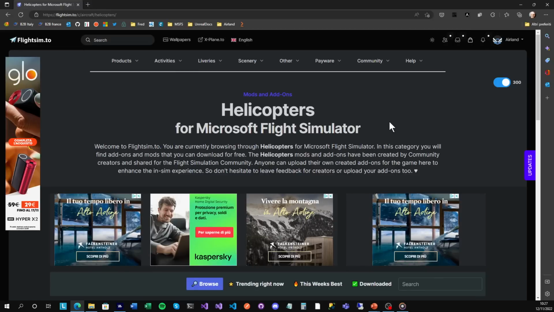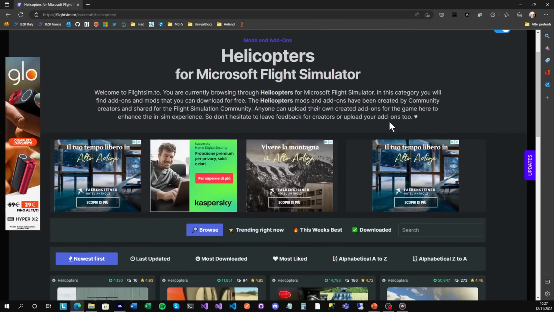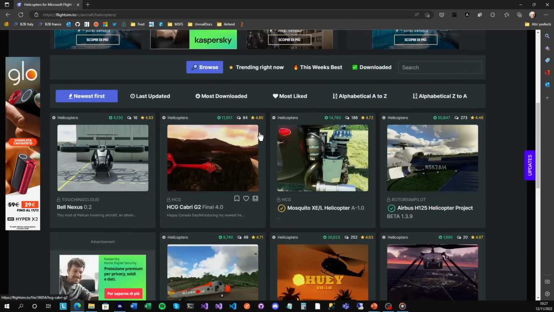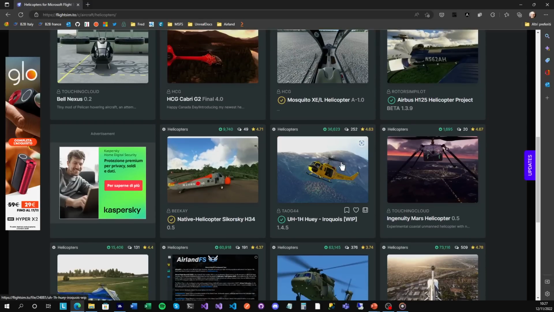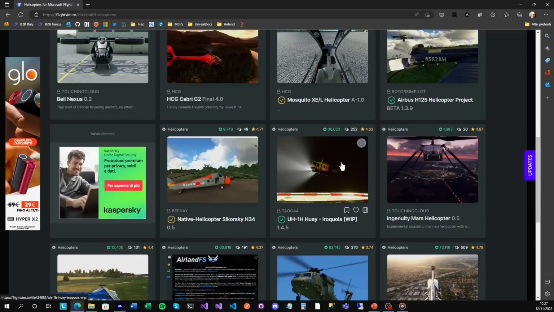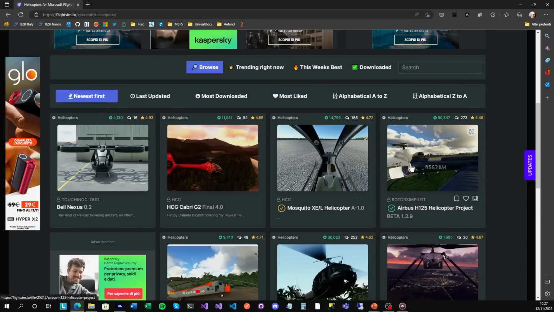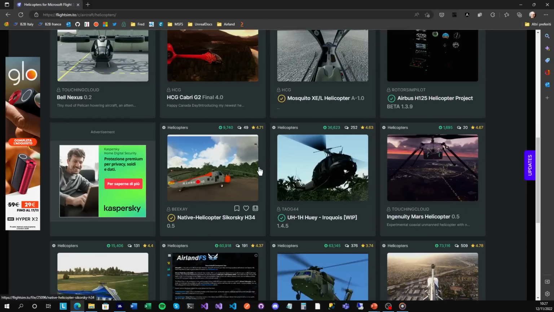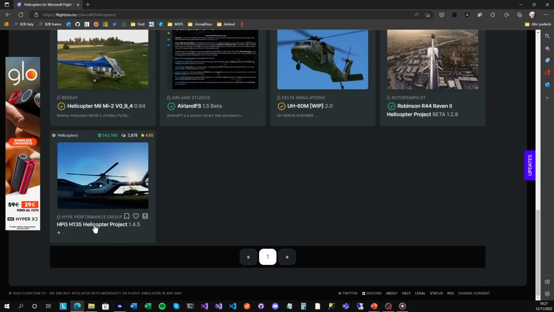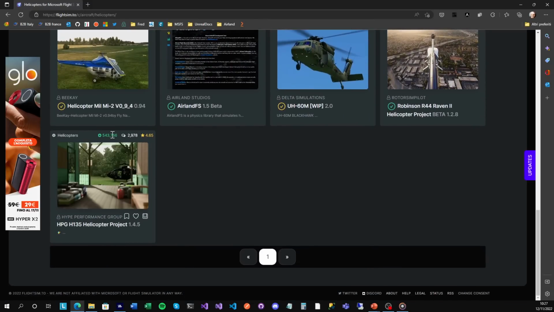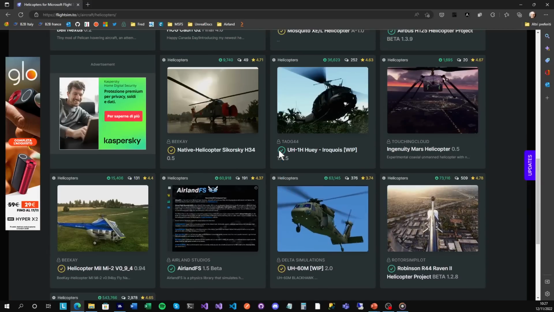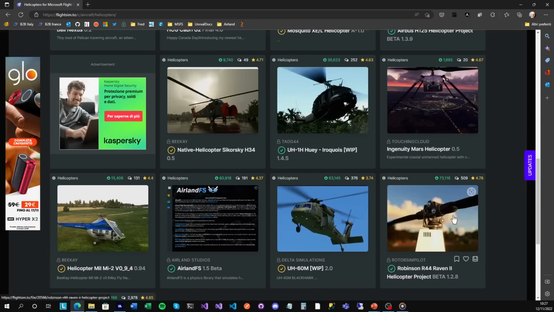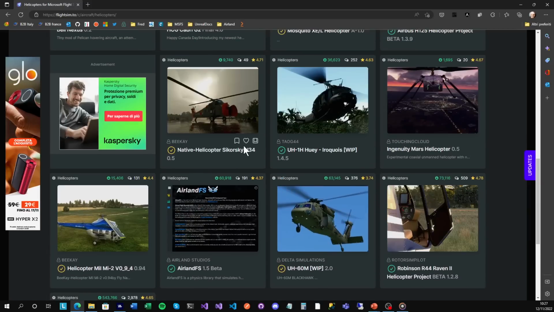So with some friends, we started creating helicopters in Microsoft Flight Simulator, and there are like 12 of them already in place that have been used by thousands of people, like 50,000 downloads here. Another one is even, this one, HPG, has over 500,000 downloads. That's, well, many versions. And I personally worked on the Robinson 44, the H125, and I worked especially on